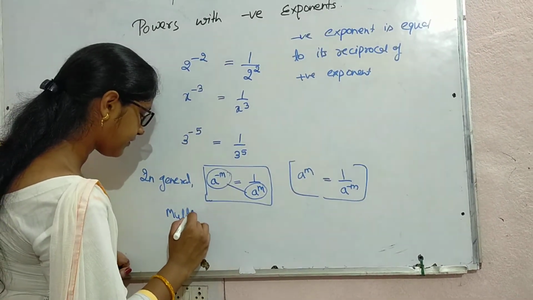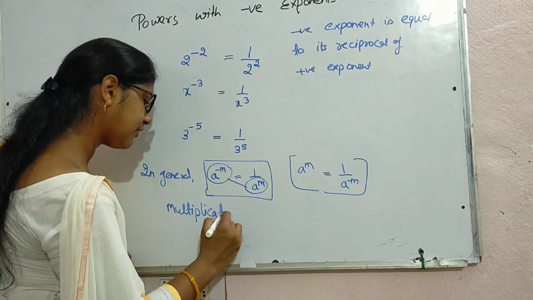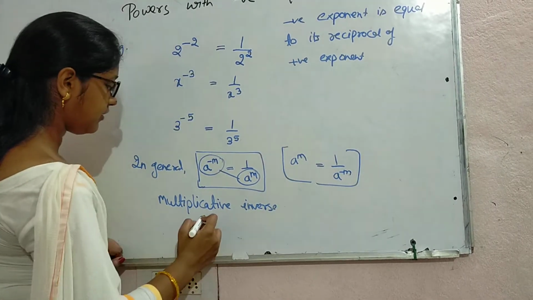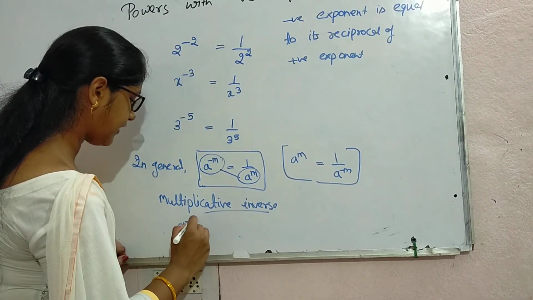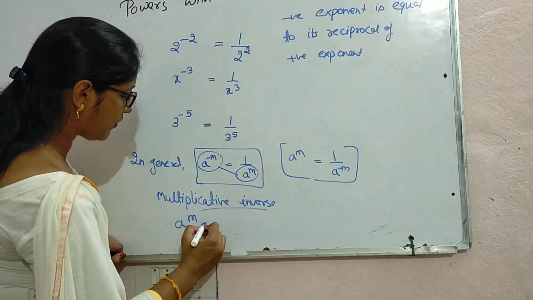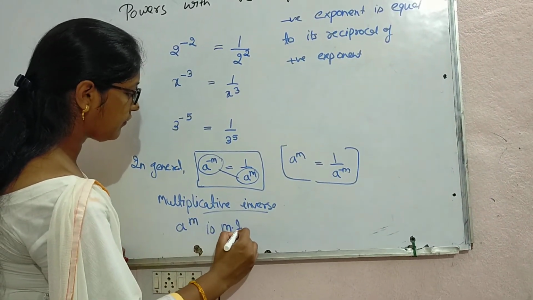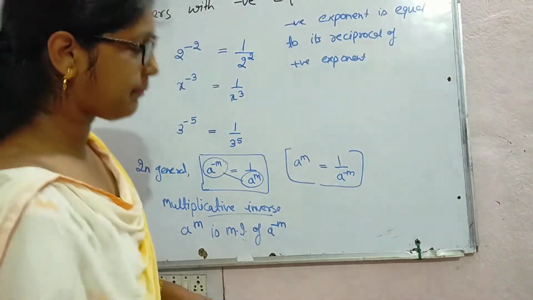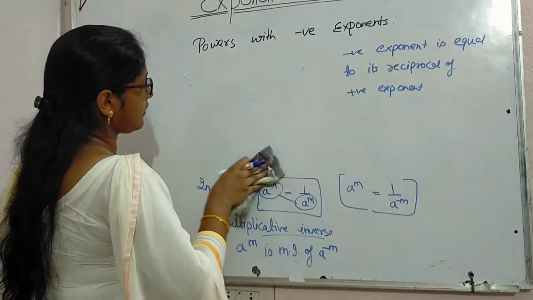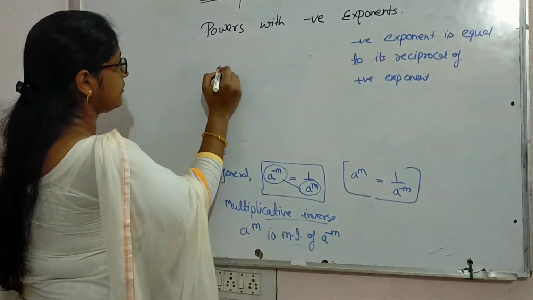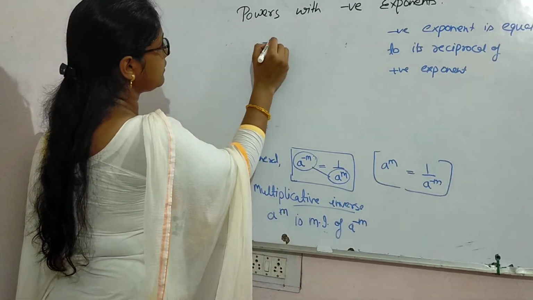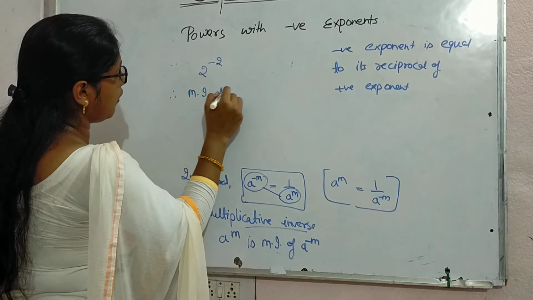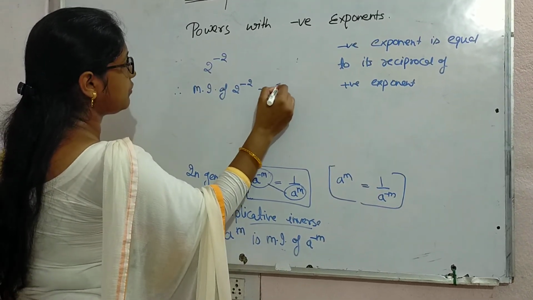Multiplicative inverse. So a to the power minus m, we can say that a to the power m is the multiplicative inverse of a to the power minus m. We understand it with the help of one example. Like suppose I write 2 to the power minus 2. Then the multiplicative inverse of 2 to the power minus 2 is equal to 2 to the power